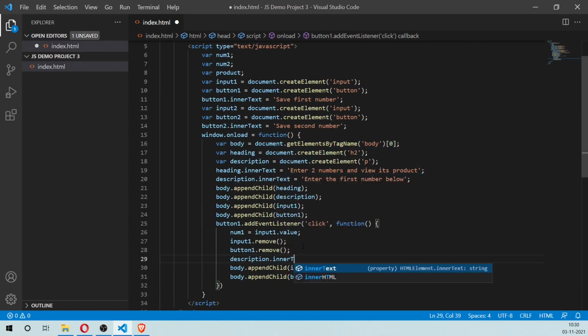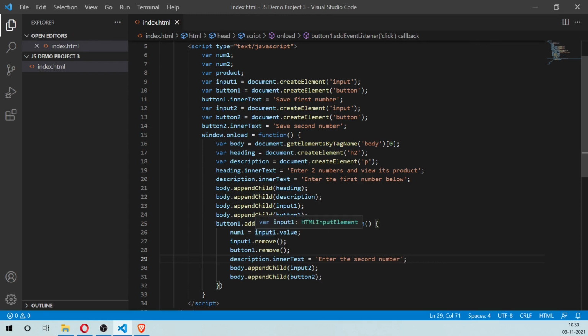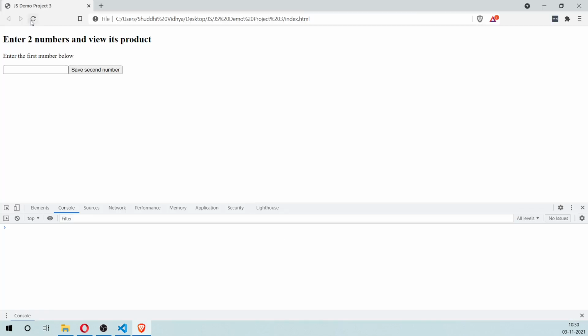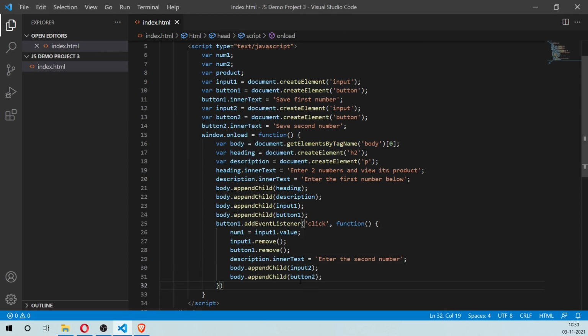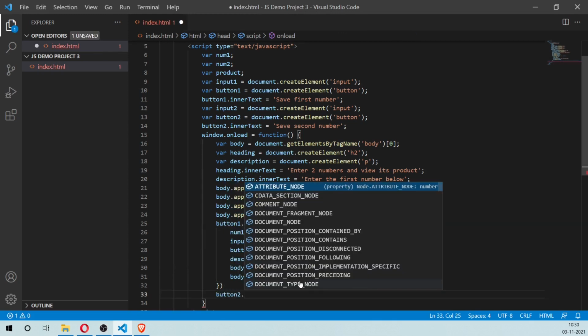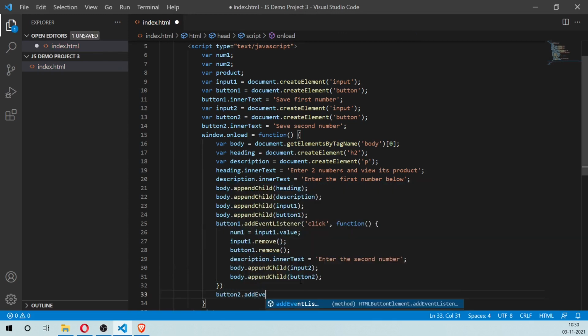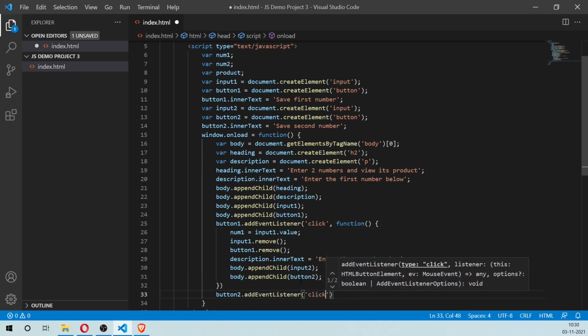description.innerText equals enter the second number. Okay, so now let's try that out. So enter the second number. Now we enter the second number and then click on save second number. So now we have to add an event listener for the second button. So we'll say button2.addEventListener of the event click,